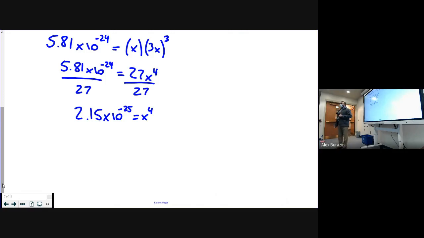Now, let me start with a square root. If this was x squared, we would take the square root. What's the exponent of a square root? 1/2. So square root is 1/2. Third root is 1/3. Fourth root is 1/4. So in your calculator, you probably have a button that's like x root of something, but I don't even use that on my calculator. What I do is I'm going to take this,